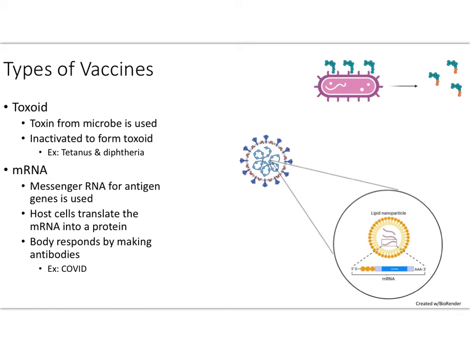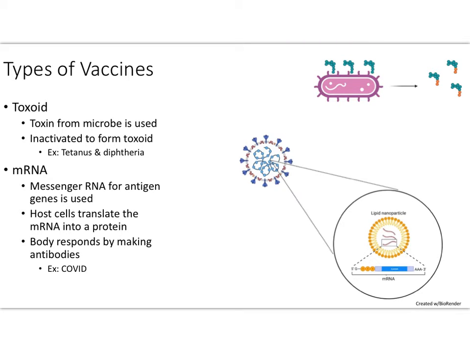Our fourth type of vaccine is the toxoid vaccine. A toxoid vaccine is based just off a toxin that a microbe may produce. There are some situations where a microbe is not particularly dangerous to us, but the toxin it produces can be very serious in terms of causing illness or even death. And so for us, the important thing to vaccinate against is not the bacterium or the virus, but the toxin